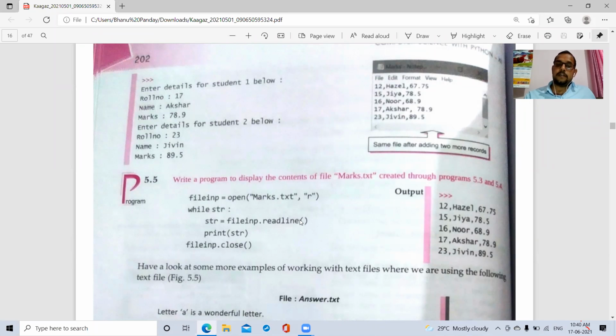readline, now it takes data means first record and then store str and then print, ठीक है, similarly str में वैल्यू है yes, then take another record, store in str variable and then print, then similarly str में वैल्यू है, जब तक str में वैल्यू मिलती रहेगी तब तक ये प्रिंट करता रहेगा, डिस्प्ले करता रहेगा, ठीक है, बाय यूजिंग प्रिंट स्टेटमेंट, और वैल्यू लाने का काम किसका है, रीड लाइन इज हेल्पफुल टू टेक या रीड होल लाइन एट वंस, जो पूरा रिकॉर्ड है वो एक बार में लेके आ जाएगा, ठीक है,